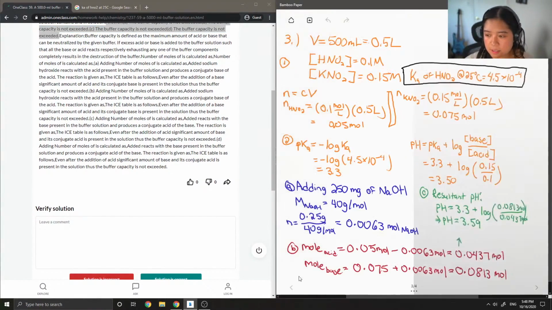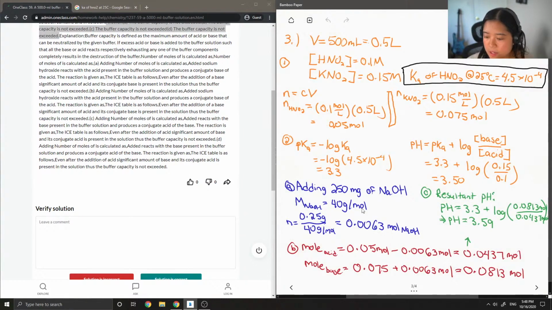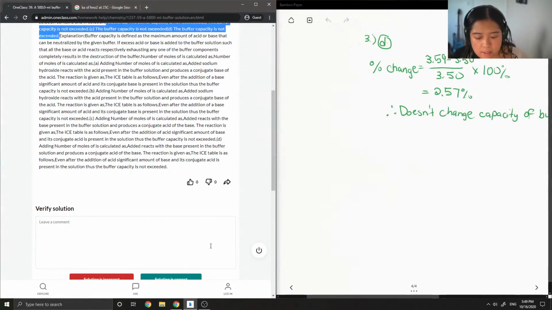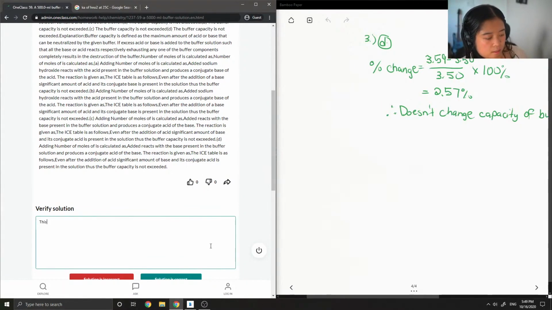So basically, if the number of moles that you calculate here is greater than the ones here, like let's say we calculated it to be 0.06 moles and all of the acid is completely used up, then that's how you know that the buffer capacity is exceeded. So I'm just going to say that this solution is